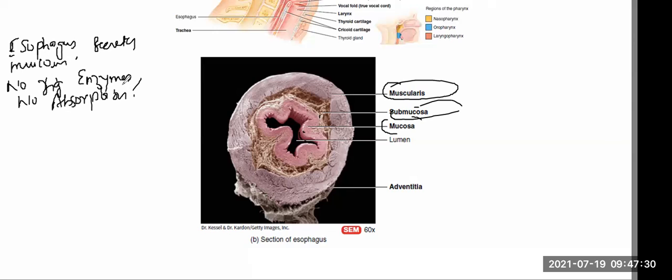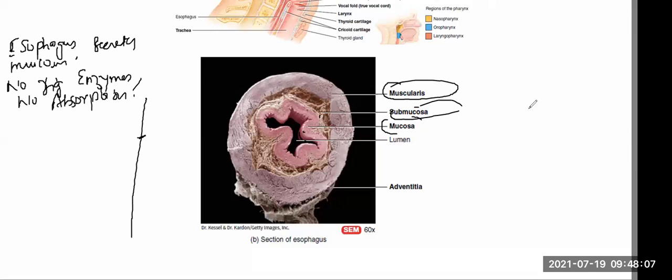Right? And there is one important thing. The outermost layer is your muscularis, right? And the muscularis of the superior third of the esophagus, that is, from the upper end, the upper third of your muscularis, is skeletal muscle, right? The intermediate third is skeletal and smooth muscles. And the inferior third, that is below, is smooth muscle. Near the stomach, the muscles of the esophagus are smooth muscles,